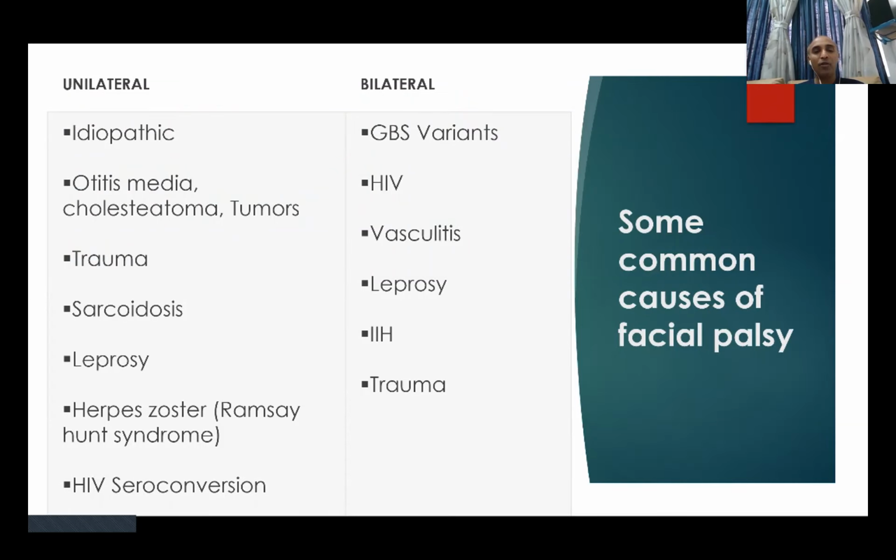The bilateral palsies are the ones which you see with the GBS variants, HIV, vasculitis, leprosy, trauma. And then another entity which we tend to forget is idiopathic intracranial hypertension. Time and again, we see patients who have severely raised intracranial pressure, who have classical symptoms of papilledema and headaches, and they tend to have subtle bifacial weakness. This is because of pressure on the cisternal segment of the nerve on both sides by the raised